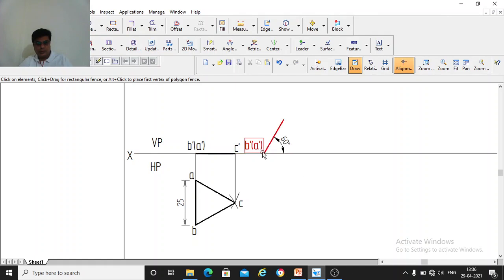The same front view you are drawing here at 60 degrees. So what is this point? This point will be C dash, so write this as C dash.